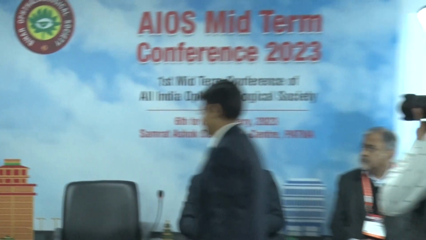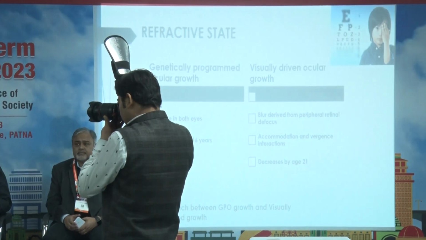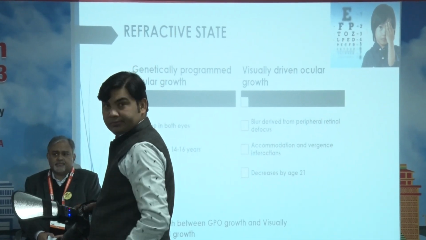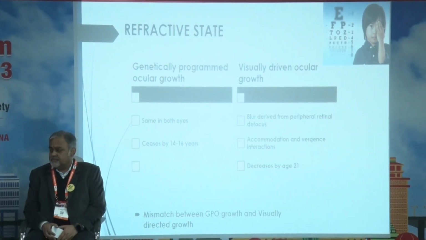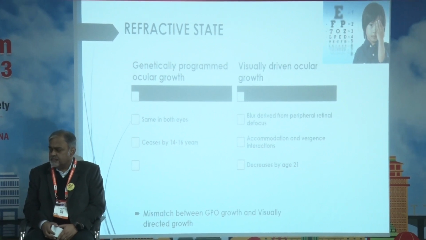Actually, how does a person develop a refractive error? It is because of the genetically programmed ocular growth, which is the same in both eyes and ceases by 14 to 16 years, and the visually driven ocular growth, which could be a blur or an interaction between accommodation and convergence. When there is a mismatch between this genetically programmed ocular growth and visually directed growth, a person develops a refractive